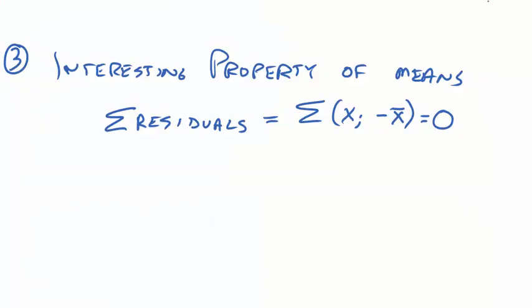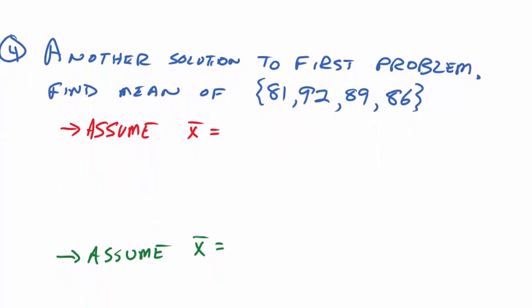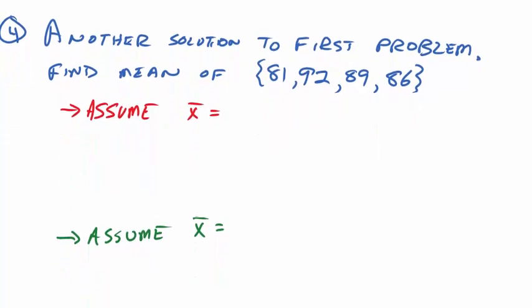So what we can say from the example we computed by hand and the example we confirmed on the calculator is that it seems like whenever I've got a data set and I want to find the sum of all of the residuals, it turns out that if I take every data point x sub i, where x1 through xn are all the data points, and subtract the mean, that sum is always going to turn out to be 0. All right? That is actually going to open us up to another way to find a solution to our first